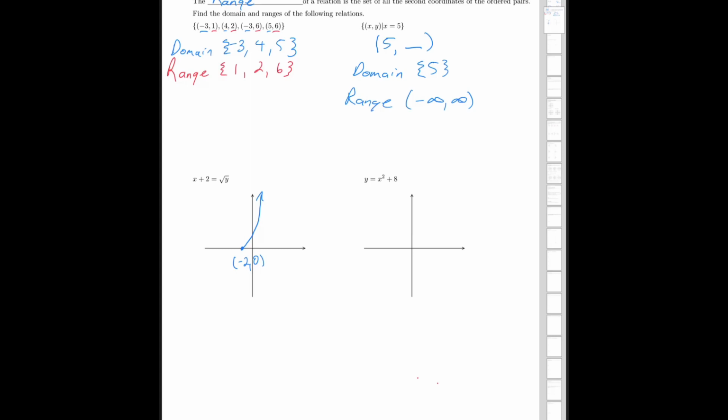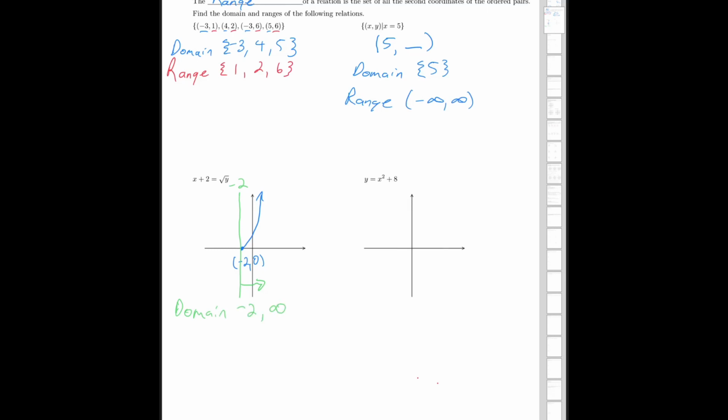Now, once we have the graph of a function, we can look at its domain and range. So the domain is the set of all the x values. To do the domain, if I look at all the x values, notice there are no x values to the left of this point, and that point is at -2. So what I get is from this line -2 all the way to the right. So that means that my domain would be